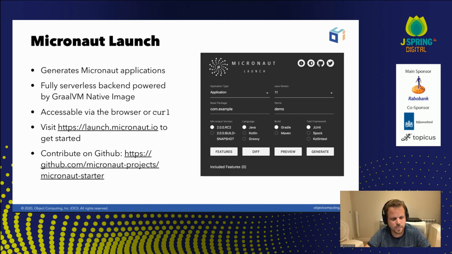And it's accessible via the browser or curl. It's a really cool project because it demonstrates a lot of aspects of using Micronaut. So I would recommend checking out the source code at micronaut-projects/micronaut-starter.